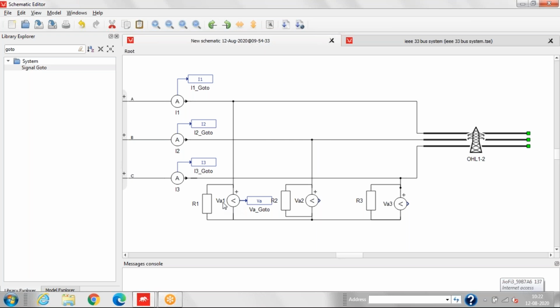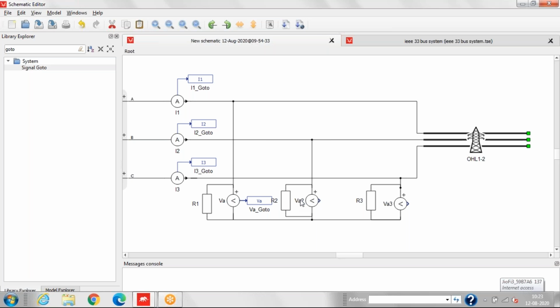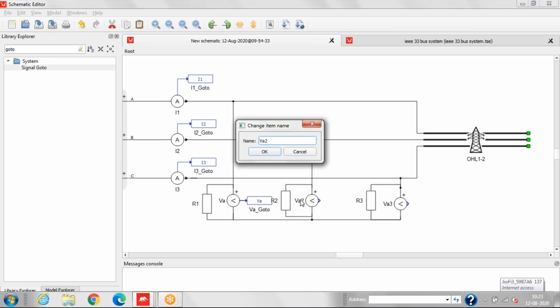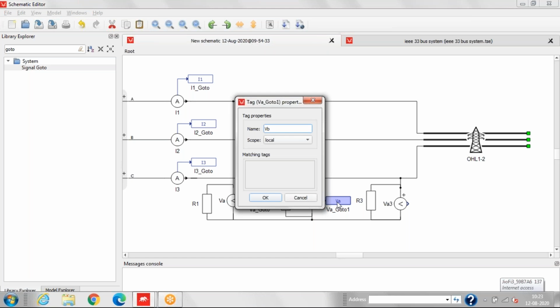So now we'll change this PA1 to PA. Similarly this is PB. And we'll copy this and we'll paste it here. Now this will be PB.